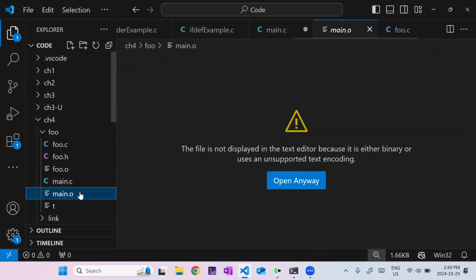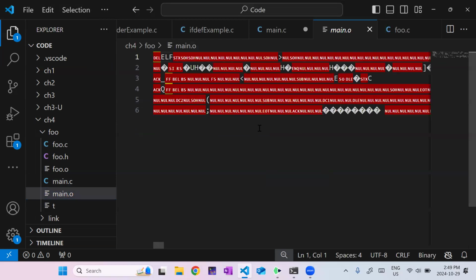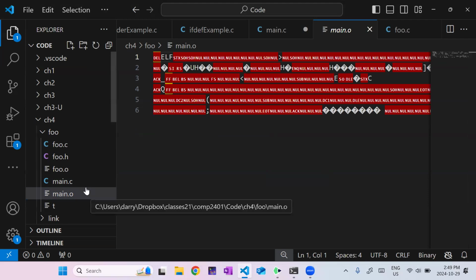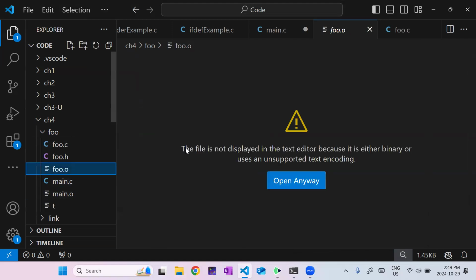So although I have machine code here, which is the bunch of strange Unicode characters at this point, it's really just machine instructions. But I am missing some stuff in order to be able to run it. And the stuff that I'm missing is in foo.o, right? So I want to take the code from main.o and foo.o and link them together, right?